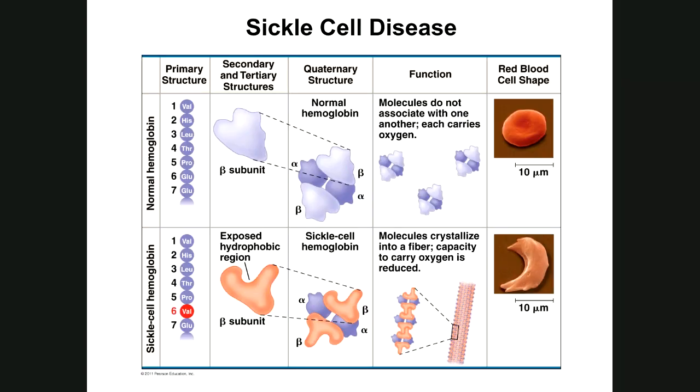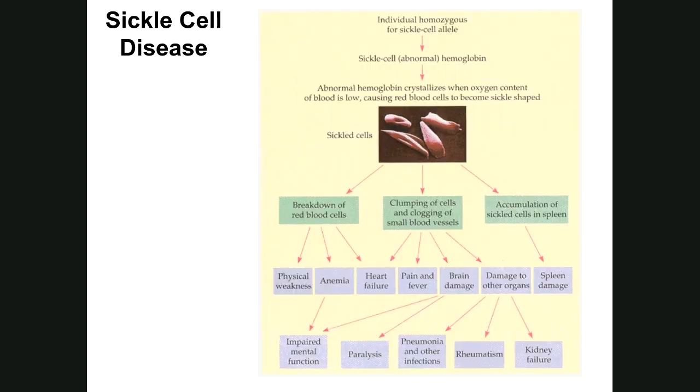That in turn leads to the one incorrect amino acid, which in turn leads to this polypeptide folding incorrectly, which in turn leads to the formation of a hemoglobin molecule that sticks to others, which in turn changes the phenotype of your red blood cells, causes them to become sickle shape. That in turn leads to clumping and possible blood clots. Your spleen and your liver are responsible for getting rid of old red blood cells as well as malformed red blood cells. But what happens is the spleen, while it's trying to get rid of these